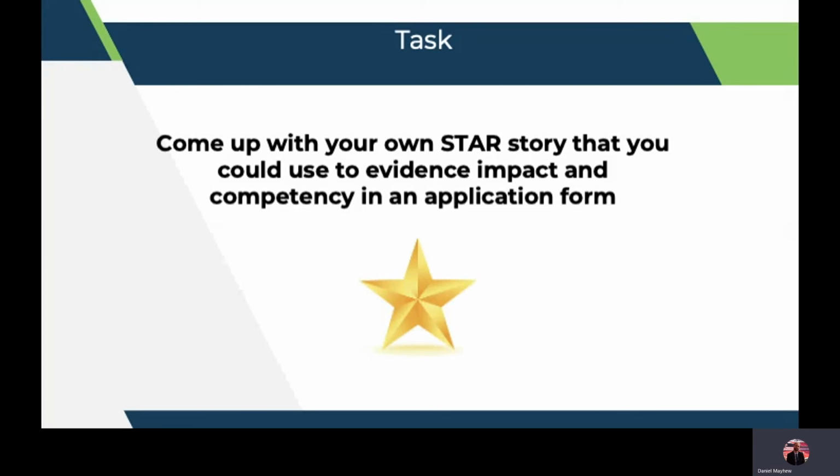So a task for yourselves now, after this presentation, would be to come up with your own STAR-based story that you could use to evidence your impact and competency within a particular area and an application form. So thinking of the key questions I asked you on the previous slide, such as, tell me about a time when you've worked as part of a team, tell me about a time when you have achieved an objective, or